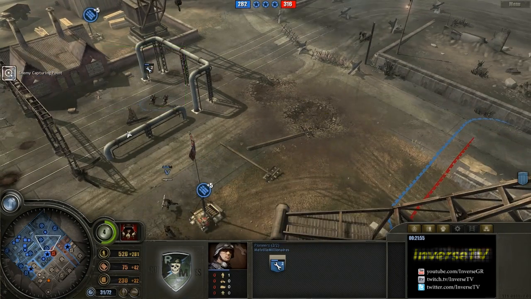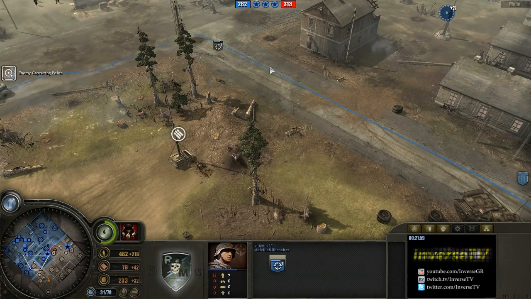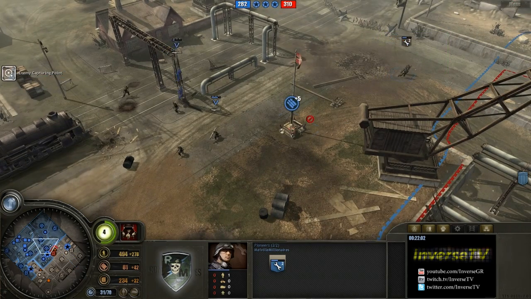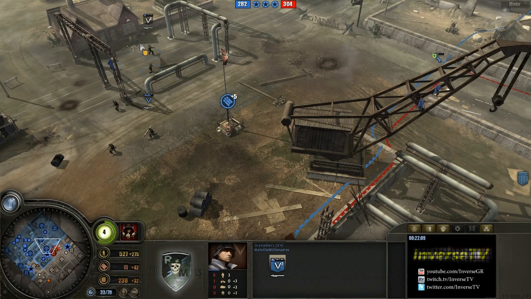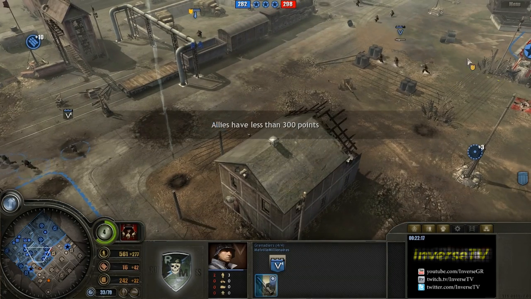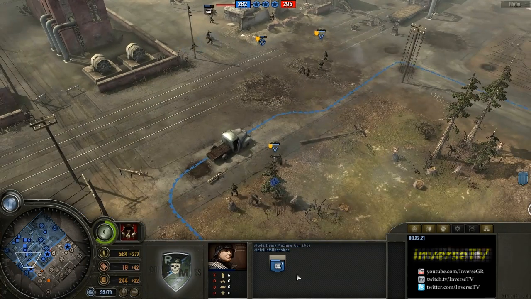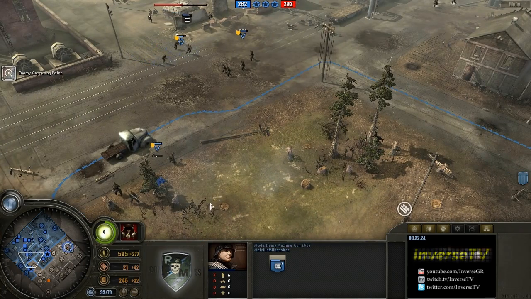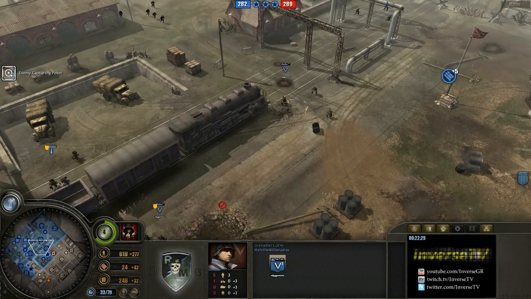Now, one thing I did not add into my composition this game, but which you absolutely can, and I would definitely recommend you add something like this into your composition, though it will increase the micro requirement, is a half track. Even if you don't put a Pioneer squad in the half track and don't use it for any sort of damage and just use it for reinforcing, it's absolutely worth it. The main strength of the Wehrmacht half track lies in the fact that Wehrmacht squads can heal on the field through medkits,